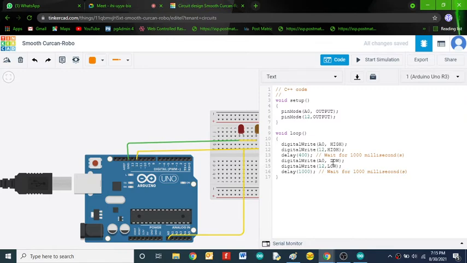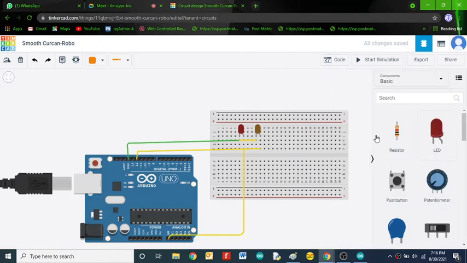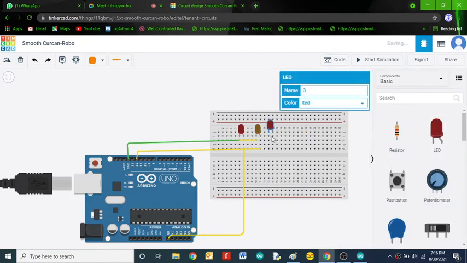Where we have to use the delay and where we do not use the delay is very important in your programming. That's why I'm using more examples, and in today's class I will give more examples on the LEDs only. Now I will go for 4 LEDs, so I will connect 2 more LEDs.